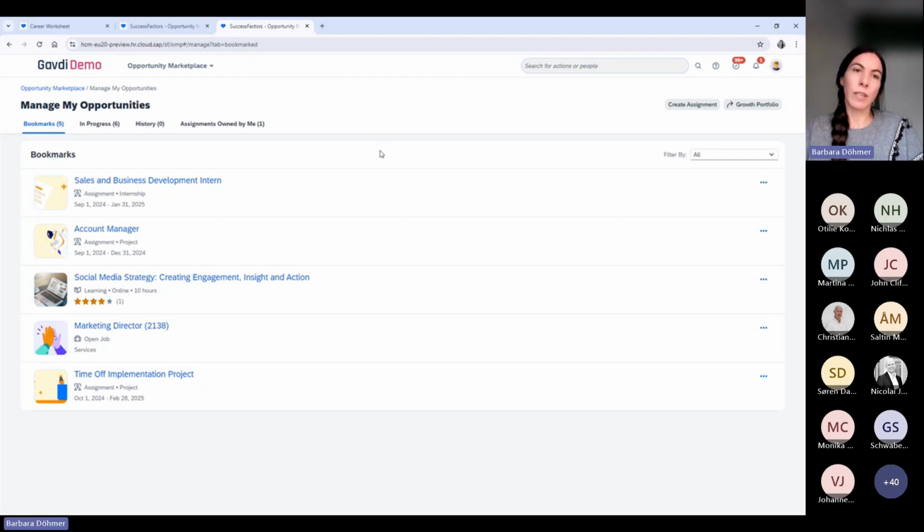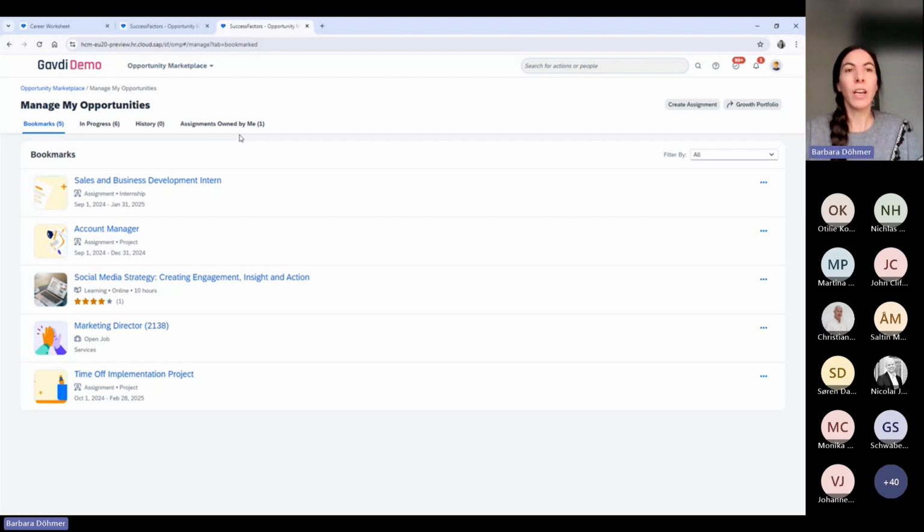It depends on what type of opportunity or recommendation it is, or what you will be doing with it. So if it is an assignment, as the ones that you can see here, I will talk about assignments shortly. But basically, you can apply to these assignments, and you can decide to work towards that assignment.